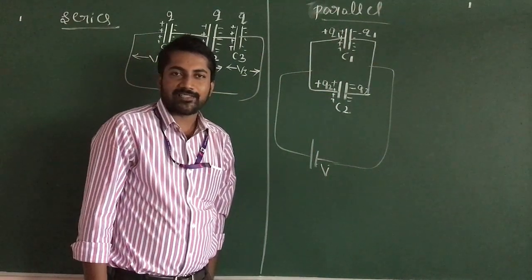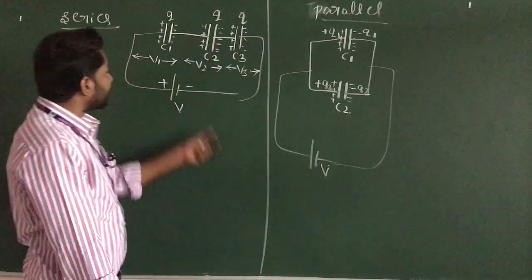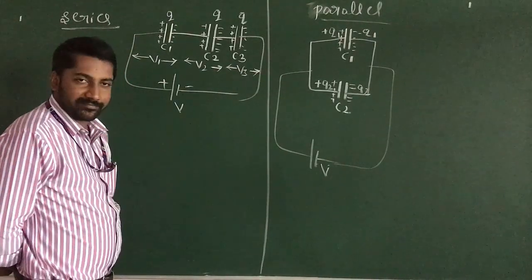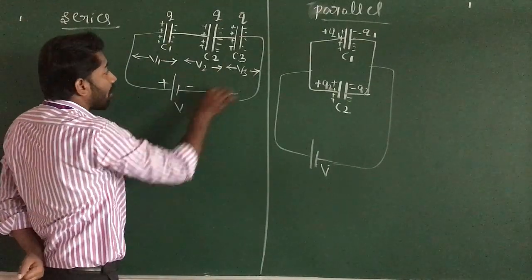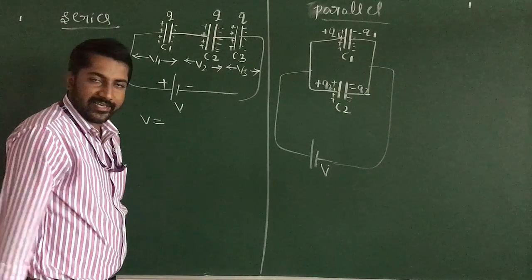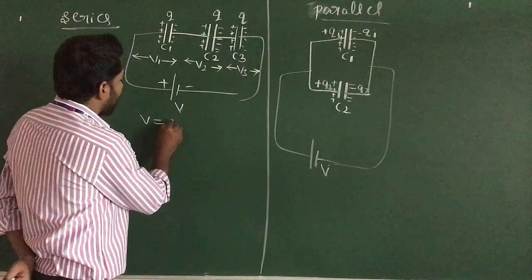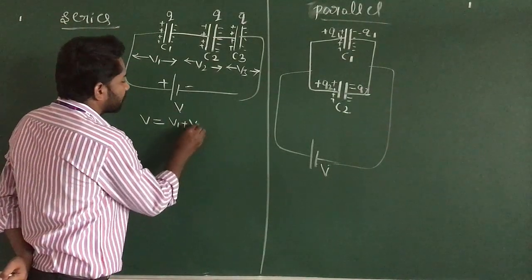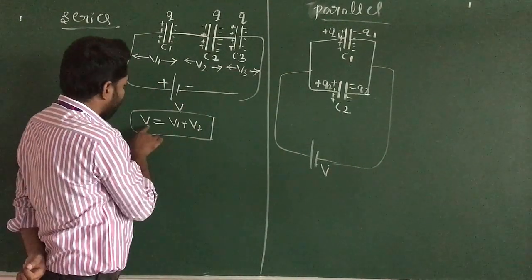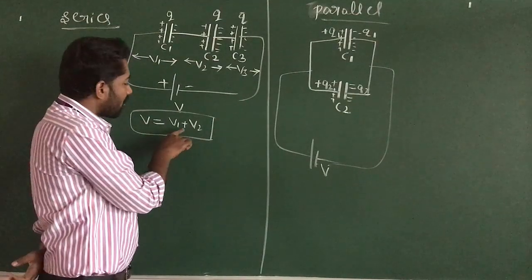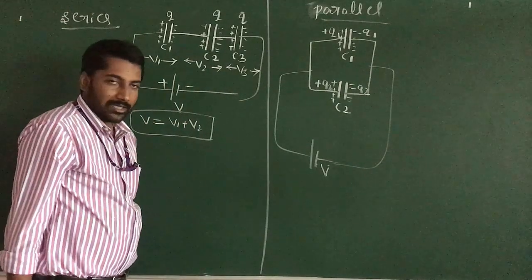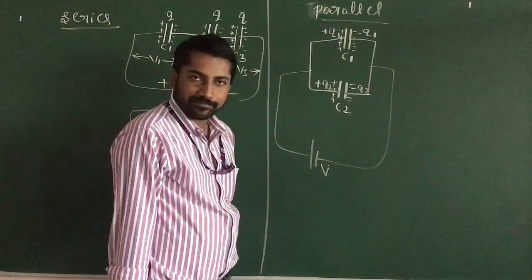Charge is different and potential difference is the same. In case of series combination, the potential difference across the combination is equal to the sum of the potential differences of each capacitor. But in case of parallel combination,